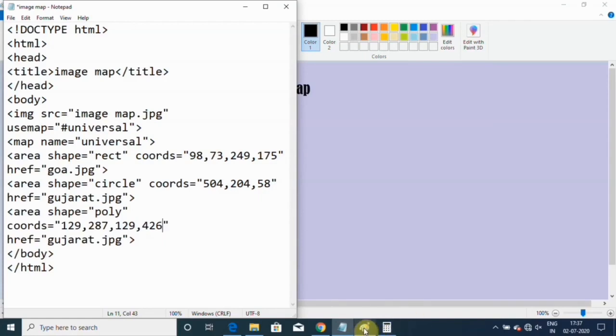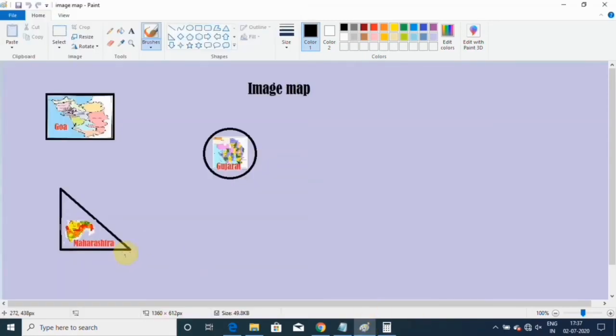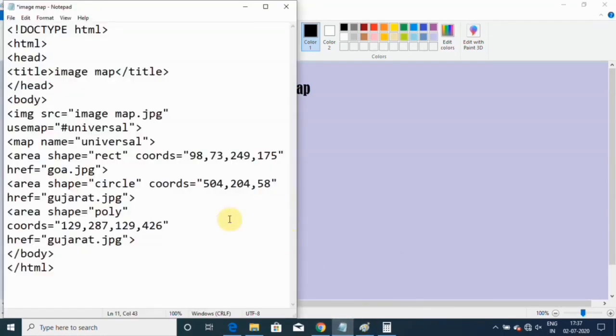Go back again to the image and take the last corner coordinates, 282, 426. Okay, save this.